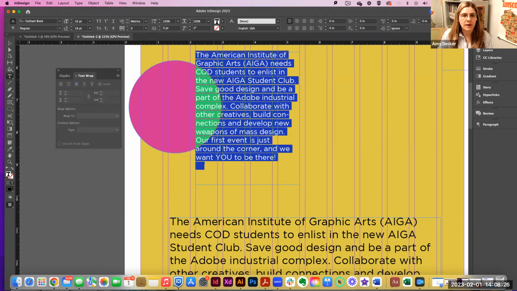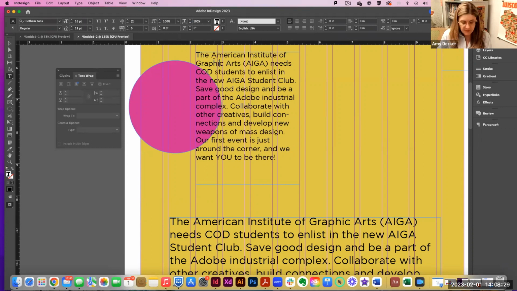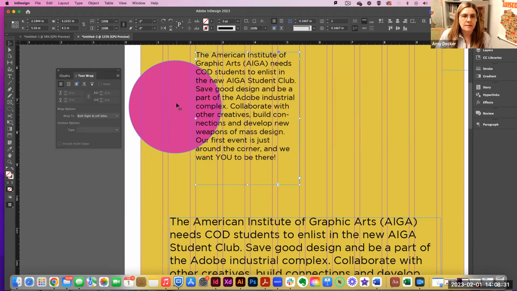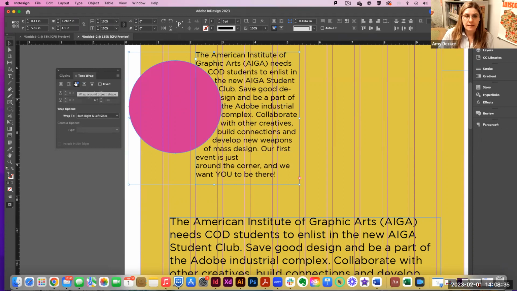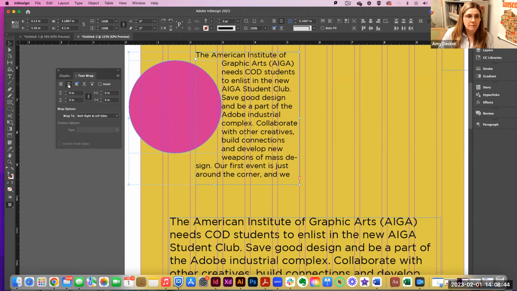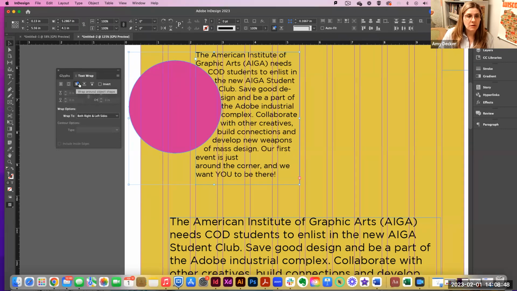Okay, so here's text wrap. Selecting your text, selecting your object, selecting them both at the same time, selecting the type of text wrapping you want. Wrap around object shape is what I chose. There's also squaring, but we want it to wrap around this circle. Now, we don't want the type right up tight against it like you're seeing happening right here. So we want to adjust the spacing